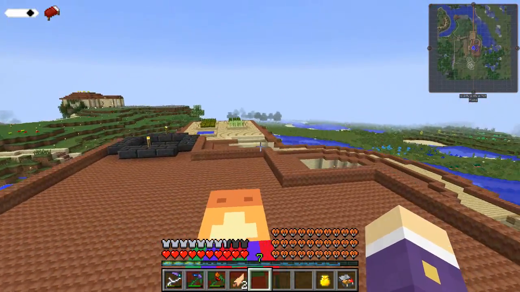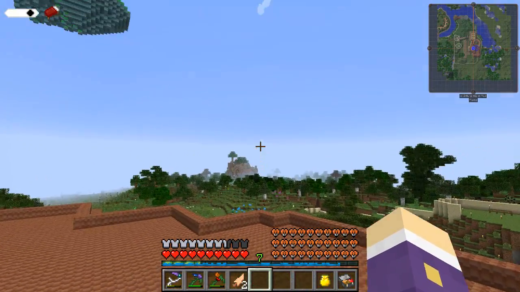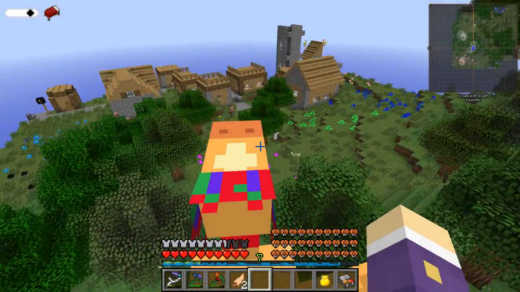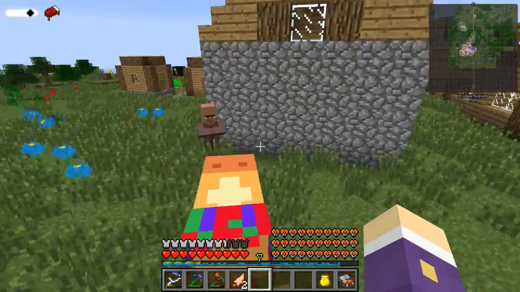Wee-hee. Okay. So the village was over there. Over that away. So let's fly over there and see what we can find. Here we go. A village full of villagers. Awesome. Okay, so